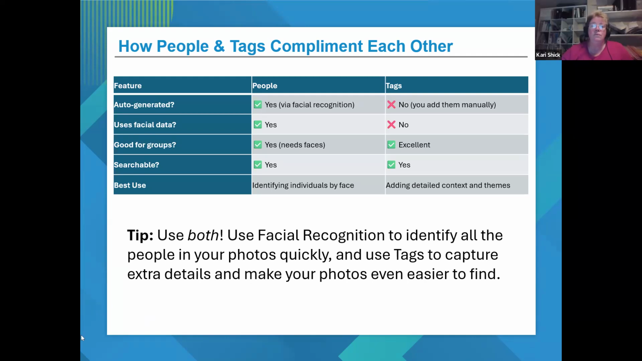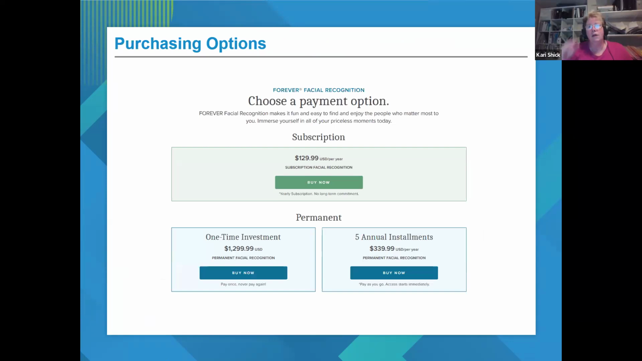So facial recognition really helps to identify people in your photos quickly, and tags can help you capture all those extra details. Forever has a couple of different purchasing options for them, and I wanted to go over those and the difference between them and how you can kind of flip between them. It's an extra payment over and above storing your photos, because obviously it's doing some coding and some work on your photos. And you can buy a subscription